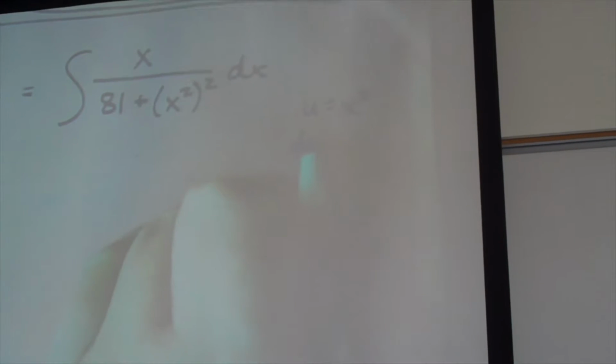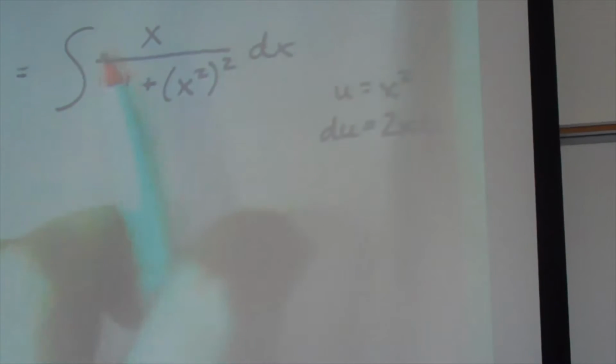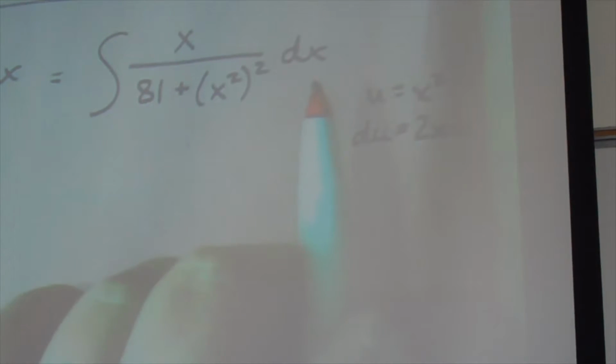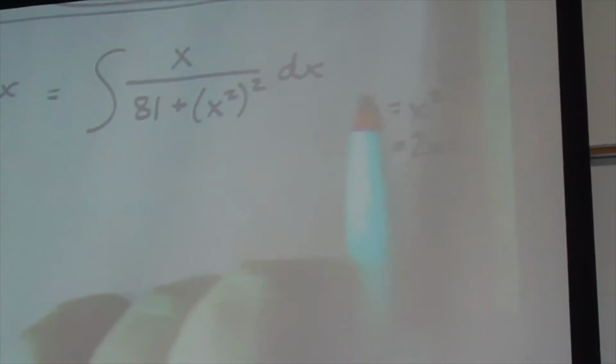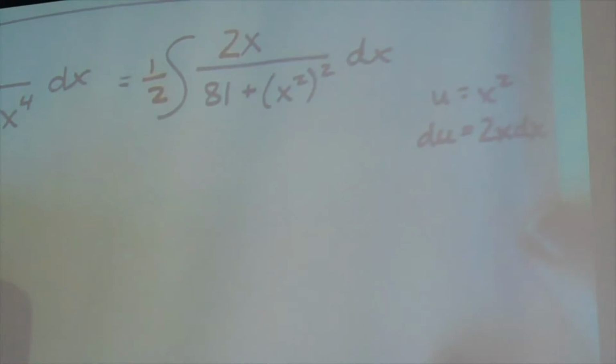If I let u equal x squared, then what would du have to equal? 2x dx. So I actually am happy that there's an x up on top because that allows me to use what function? Or what identity? Is it arctangent? Yes. I got the wrong answer written down. Okay, so I need a 2 here. How do I happily place a 2 there? I need a 1/2 on the outside. So I've got 1/2